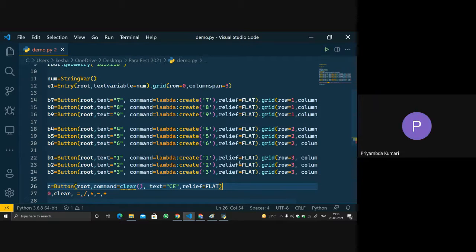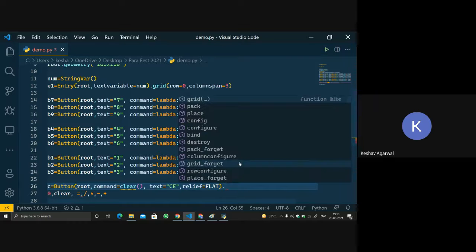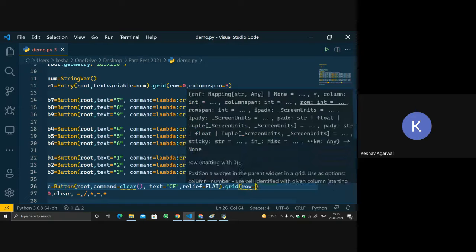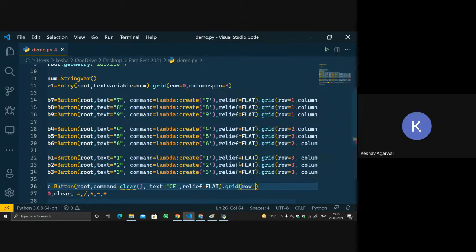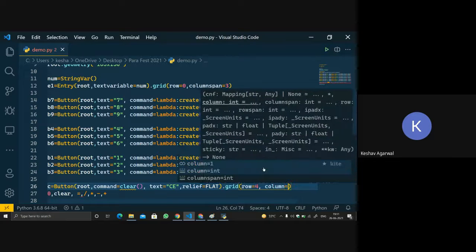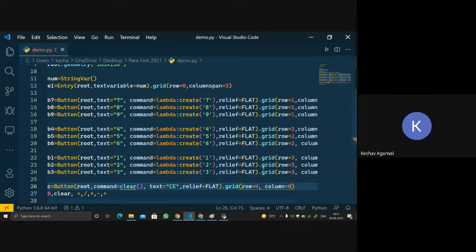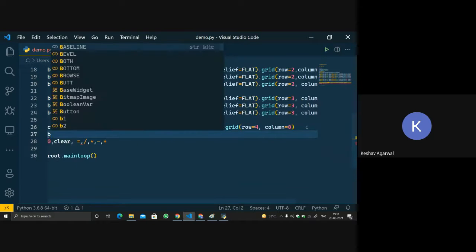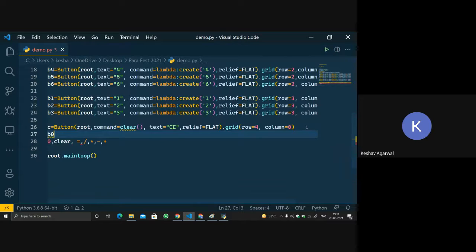So now let's put it in grid. Grid and row is equal to, the last row we are using is 3 now, so it will be 4, comma, column is equal to 0. Similarly, we'll be making a button B0. B0 is equal to button.